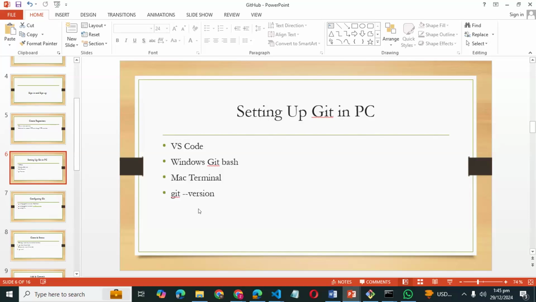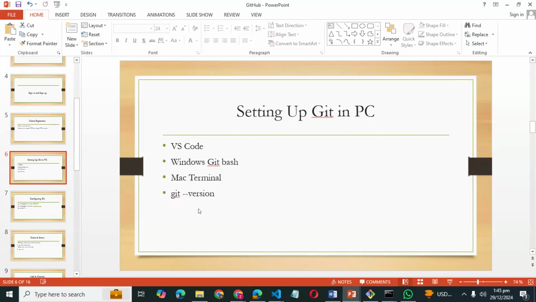So basically, if you remember, we only wrote the process of pushing our code into the GitHub repository, right? We did not write how we can copy the GitHub repository into our local machine.